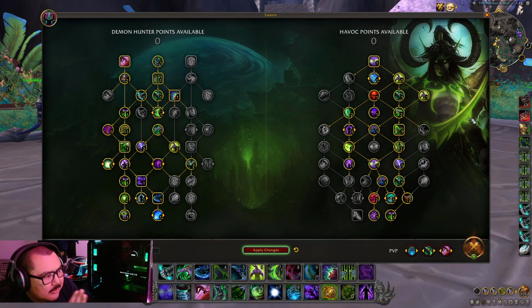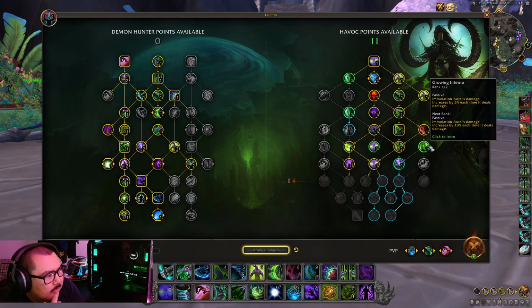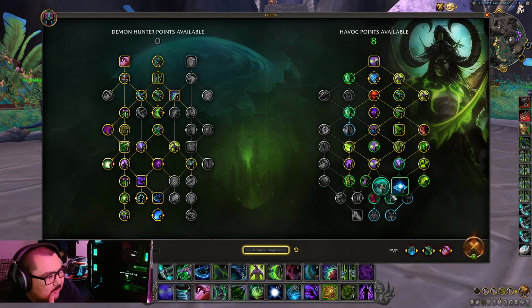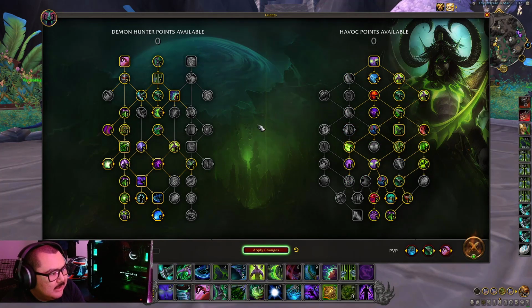Anyway, so this is the safer way to build it while keeping Netherwalk, but you could build for more damage by taking this away and going down the right side here for Growing Inferno and Burning Wound, and then continuing the rest of the build with Fodder, and then Accelerated Blade, Soul Rend, Any Means Necessary with Cycle of Hatred and Shattered Destiny. So it looks something like this, but keep in mind doing this means you no longer have